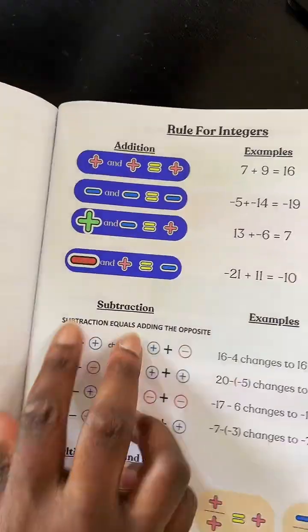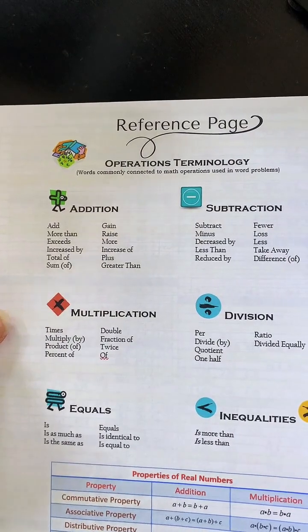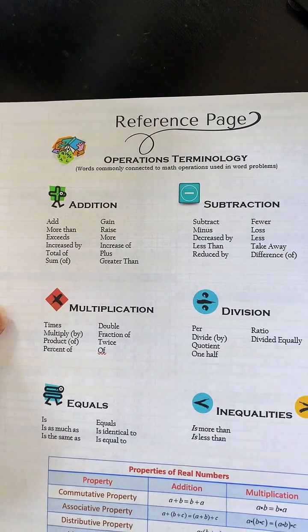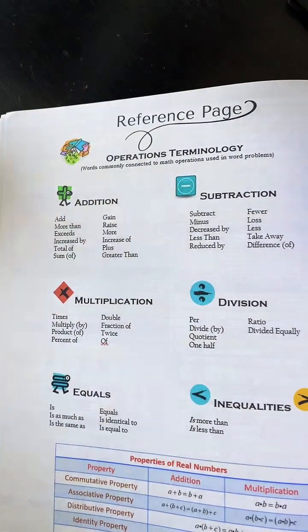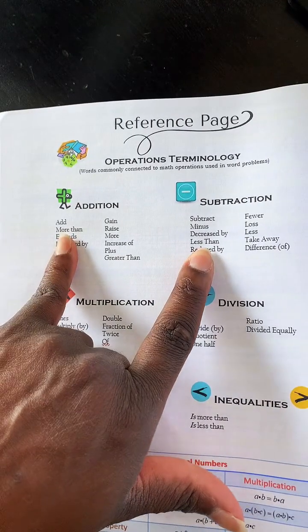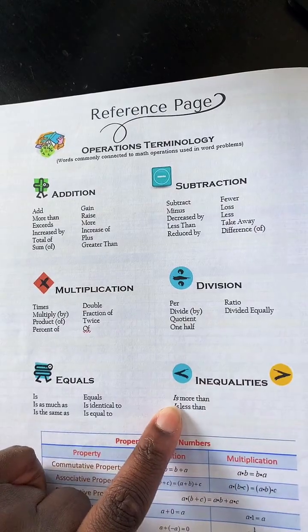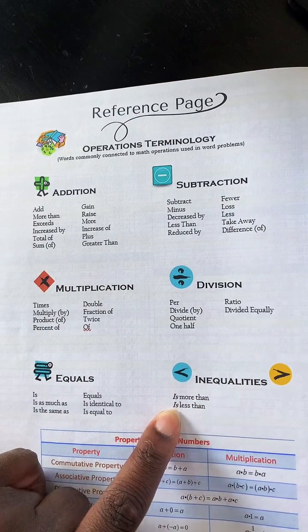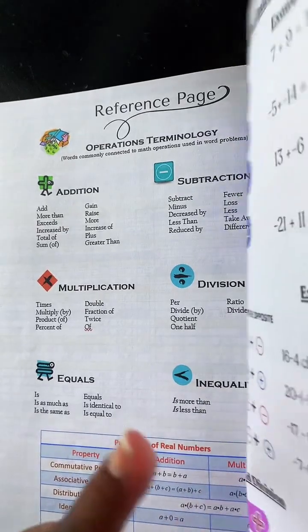And as well as you have your rules of integers, you have the words that are most popular with most word problems and what operation it represents. I can tell you the one that generally gets a lot of students is more than and less than. They always keep thinking it's an inequality. Inequality is more than or is less than. So with that, we also have,